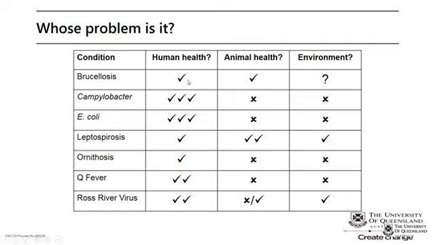who's responsible and where does the solution lie? Now, if we look at brucellosis, it's not really a big issue for human health, but it's persistent enough in high risk groups that they're concerned. In animal health, it's a bit of an issue for dogs, but in our government system, dogs really fall outside the main area of interest for our veterinary workforce in government, because it's mainly focused on animal health in terms of animal production. So it's of importance to dogs, but it's a challenging one for them to justify resources.